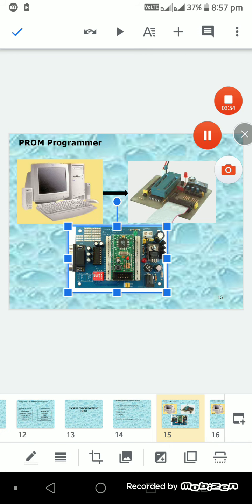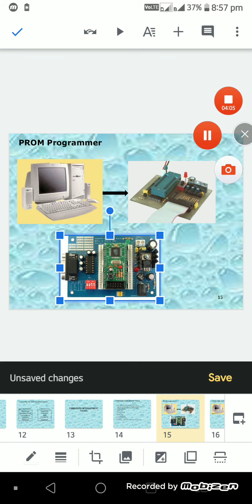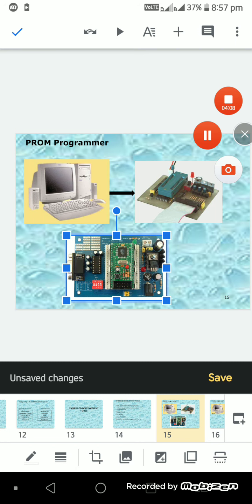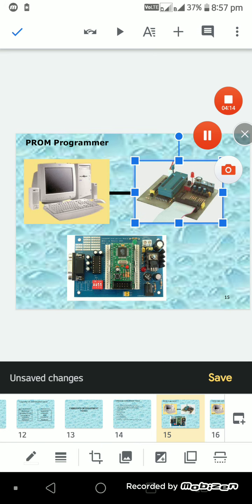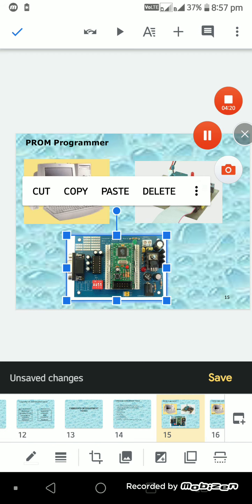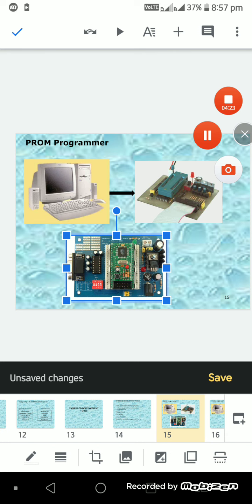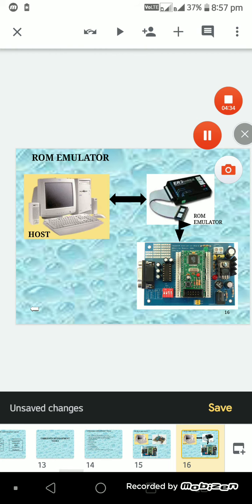So this is a module, and these modules are interfaced. First, this is a developing board. This is a programming board. This is a programmer. Okay, this is a host. When we dump the program to the programmer, we interface the IC and put it in here. And next, this developing board is interfaced to the PC, and then we communicate some data, by USB communication or wired communication or wireless communication, any one. Next, go for programmer.